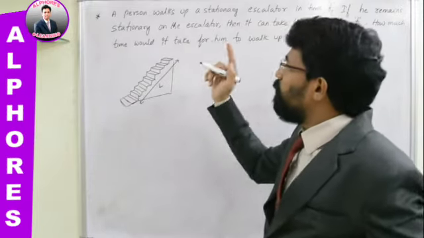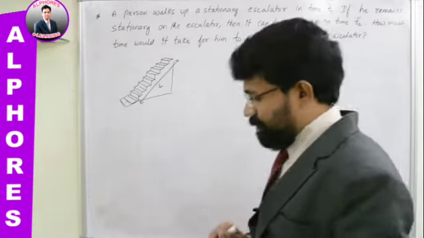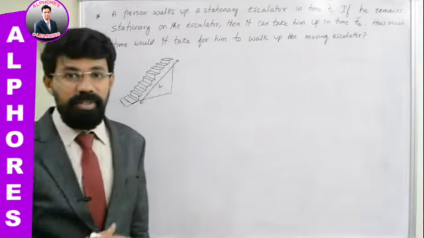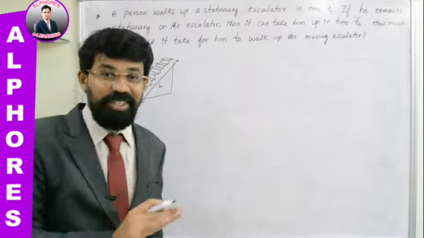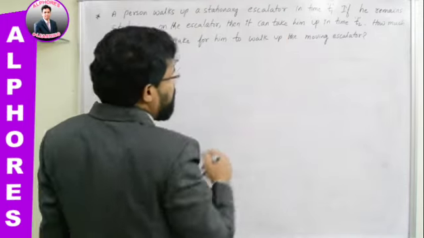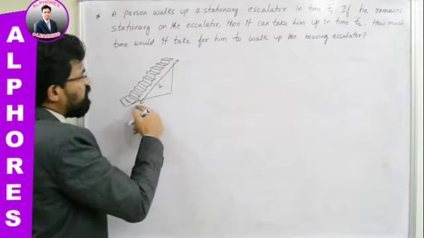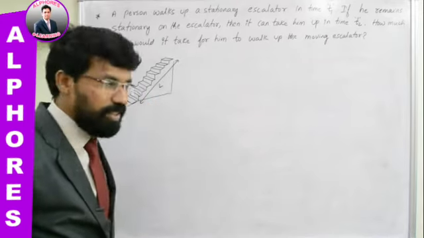What is he talking about? A person walks up a stationary escalator in time t1. So the person is walking up a stationary escalator. The escalator is not in motion, it is at rest, and on that escalator he has walked in a time equal to t1. So in a time equal to t1, how much distance has he traveled? He has traveled a distance equal to the length of the escalator, isn't it? Therefore,